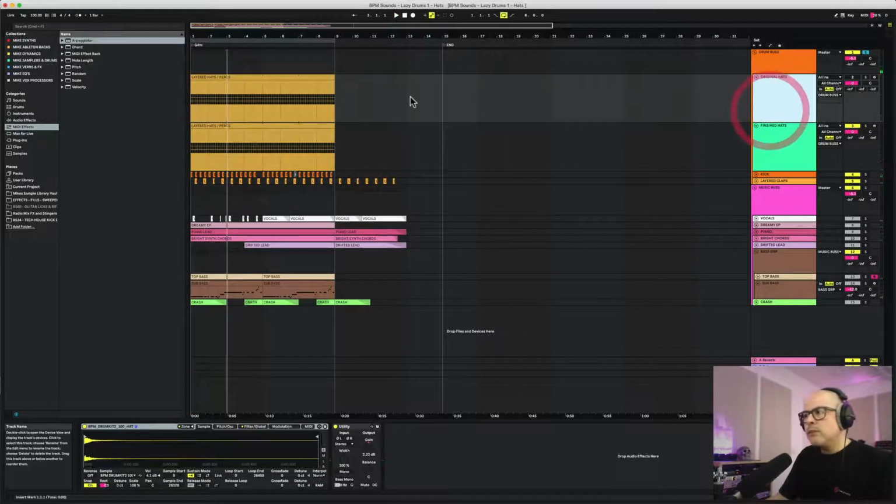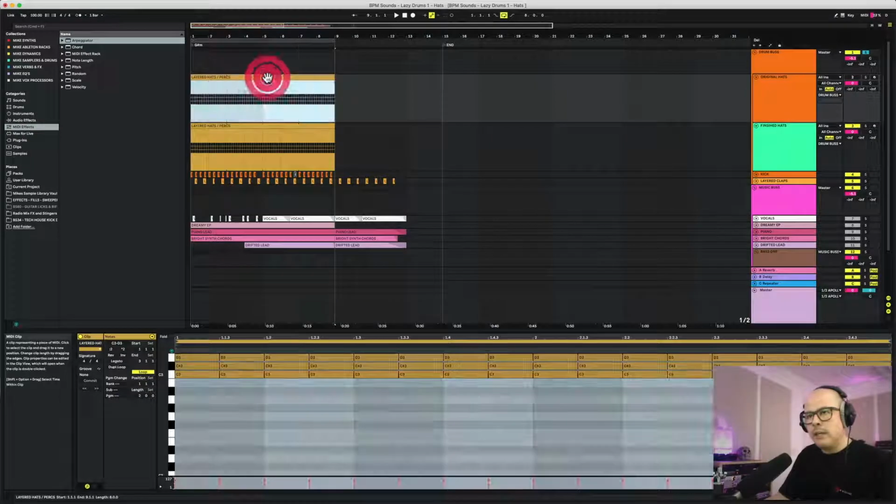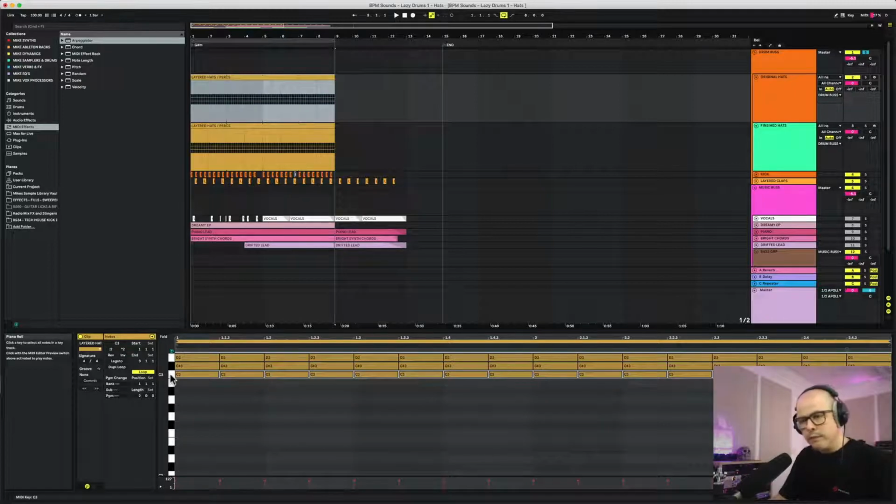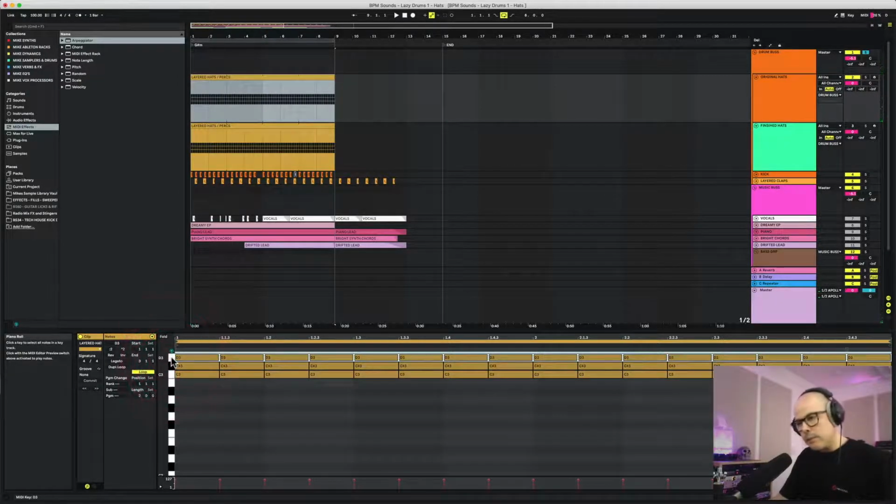Okay, so here's our original track here, and as you can see, we have 3 different samples that we've loaded within Ableton Sampler. Here's the first one. Second sample, you can see it's panned a little bit to the left, and our third sample is panned a little bit to the right. All of the samples here are all being triggered at the same time on the downbeat using eighth notes. So when we play it together,